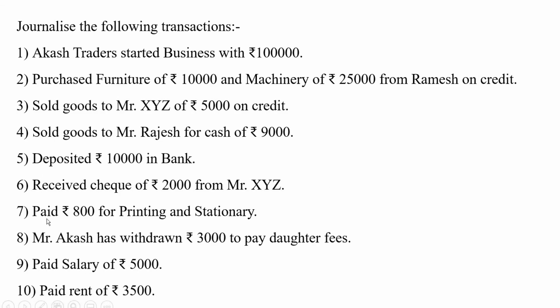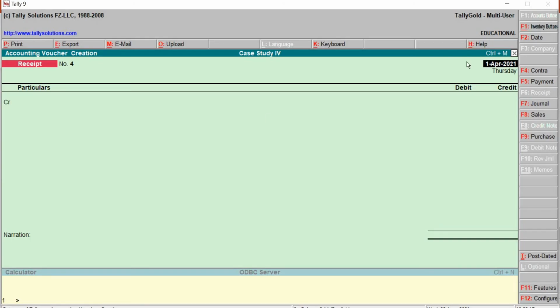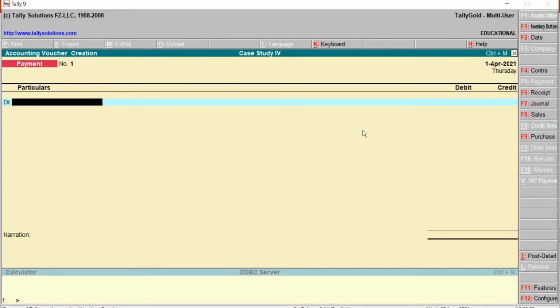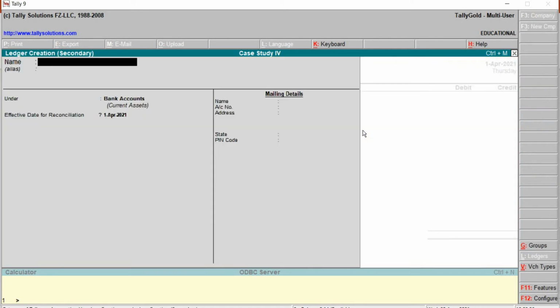The next one, paid rupees 800 for printing and stationery. This has to be recorded under the payment voucher. Let's go to the payment voucher. Then what will be the debit here? Which has to be created. Alt C to create. I'll just paste here. Control Alt V to paste. Printing and stationery account.